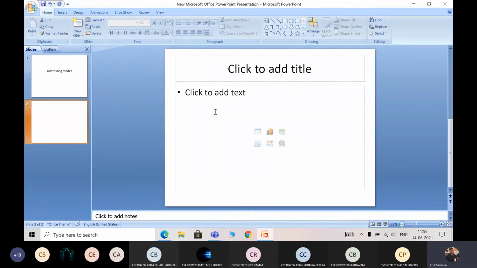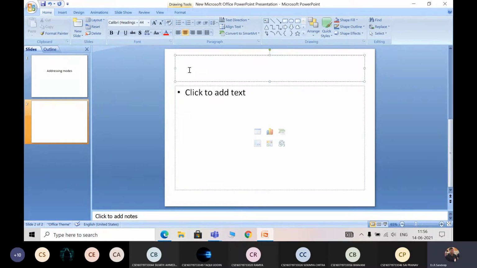So what is an addressing mode? Basically, an addressing mode is the way of specifying the data, from where we are moving the data and from where we are accessing the data. When you are talking about the addressing mode, we should know the instruction. So what is an instruction? An instruction consists of an opcode and the operand. We know this already.